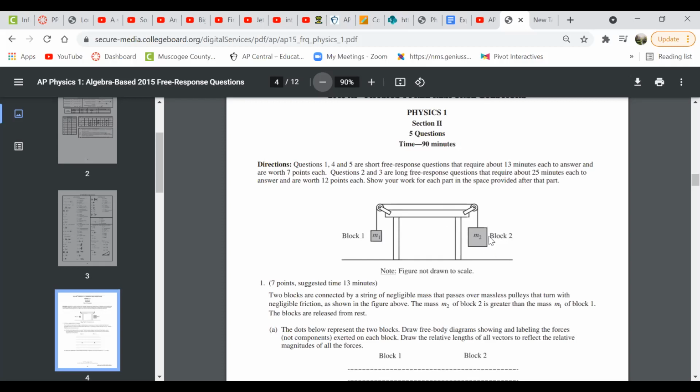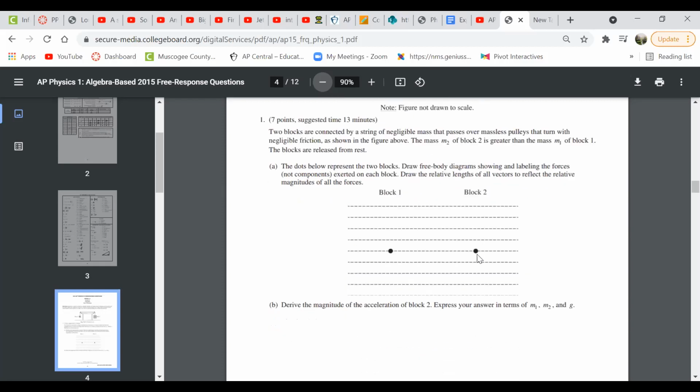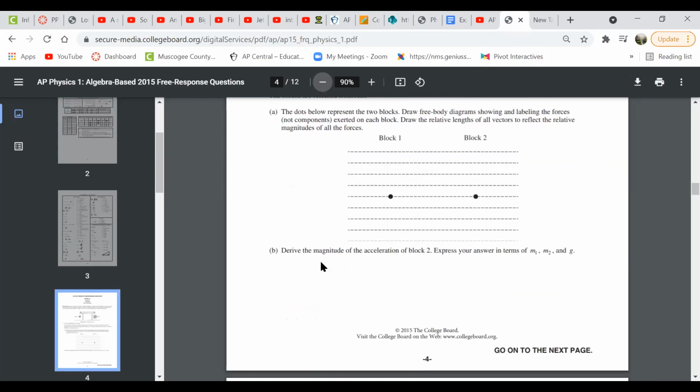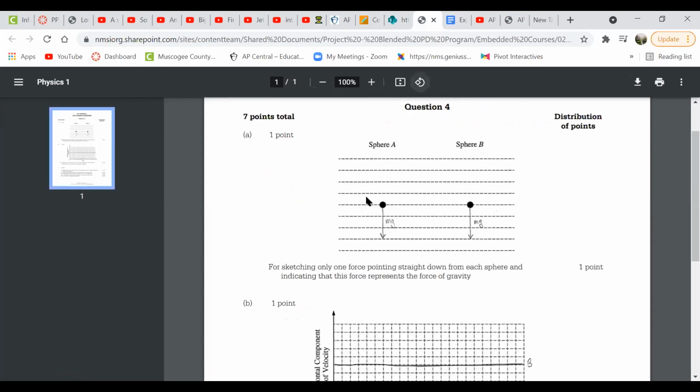So here on the block 1 and block 2 diagrams, you're only labeling the external forces. Yes. Okay, that makes sense. So it asks you to draw that in. We can see from this that that's just mg shown going downward. Then B asks you to derive the magnitude of the acceleration of block 2, expressing your answer in terms of M1, M2, and g. So you'd have to think, well, what's being balanced here? So if we look at the answer that they give,